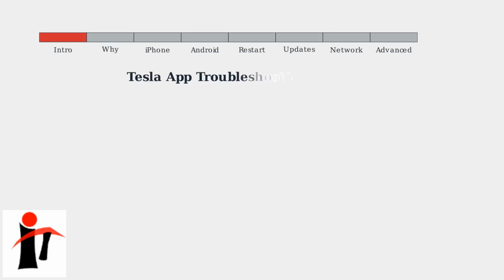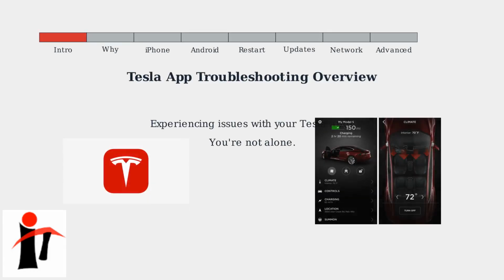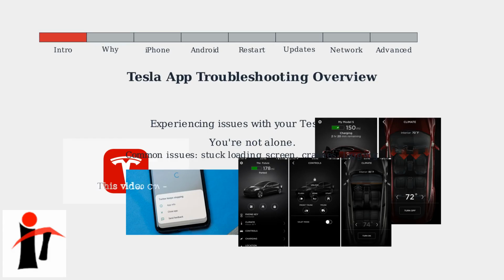Experiencing issues with your Tesla app? You're not alone. Many users report the app getting stuck on the loading screen, crashing unexpectedly, or lagging significantly on both iPhone and Android devices. This video will guide you through proven troubleshooting steps to resolve these common problems, focusing on cache clearing, restarts, updates,